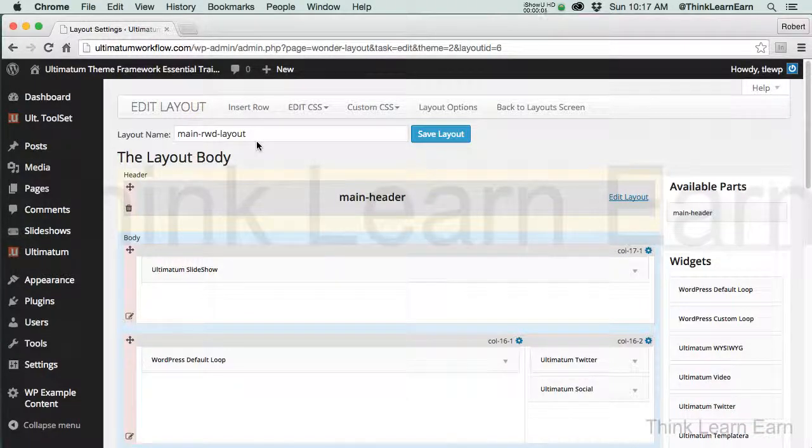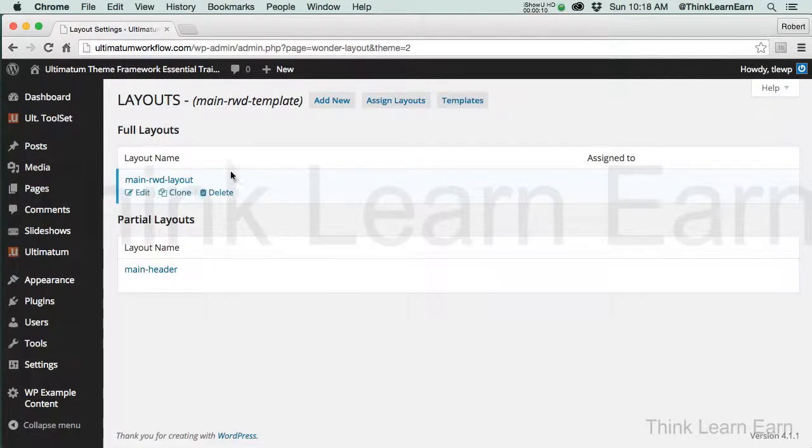Okay, so now I'm going to share with you one of my favorite powerful features inside the Ultimatum theme framework, and this is something called assigning layouts. Now, keep in mind we only have the one layout, so they're all going to be assigned to the same layout because we only have the one layout. So we're going to clone this layout,